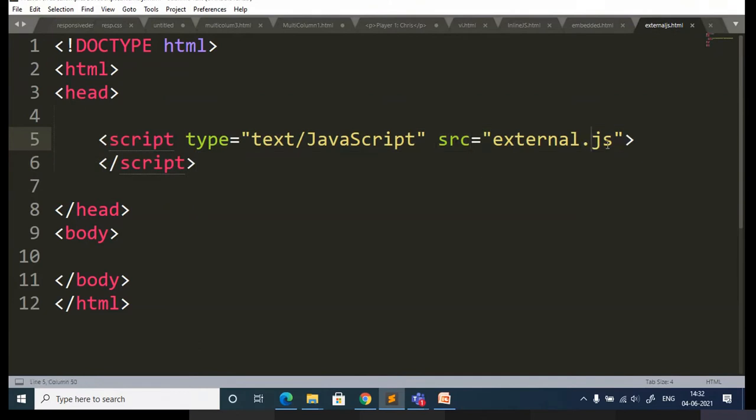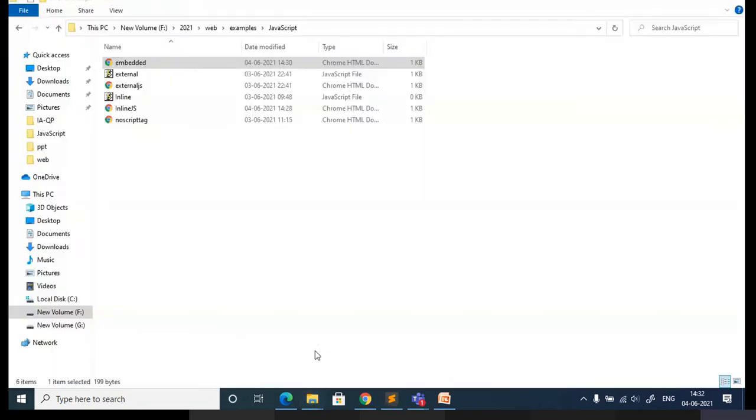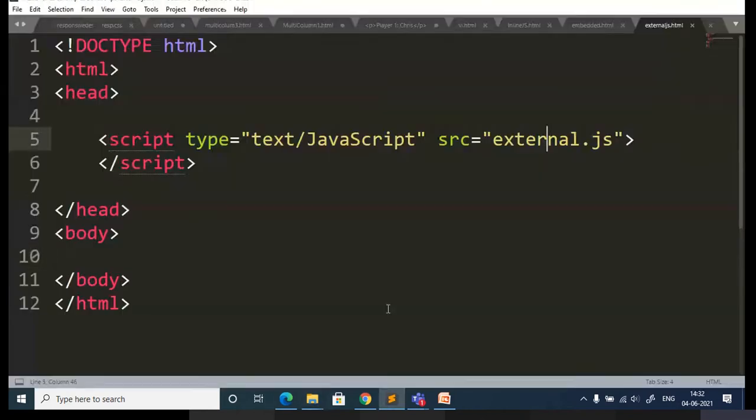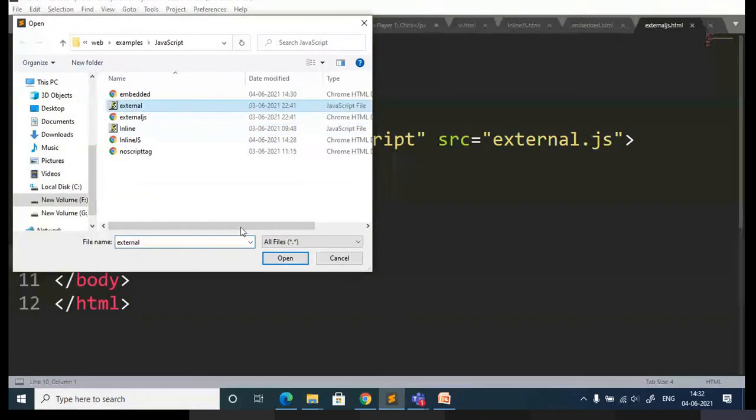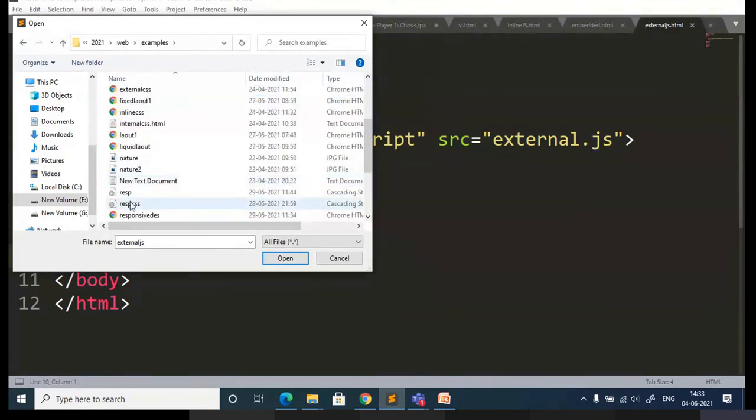What is the important thing you need to remember here? The file name should be .js. The extension used for JavaScript is .js. Let me open it here itself. You can see this is the icon you are going to get for the JavaScript, a scripting language. CSS will have a different one. I think this is for .css, cascading style sheet. These are the different icons depending on the file.